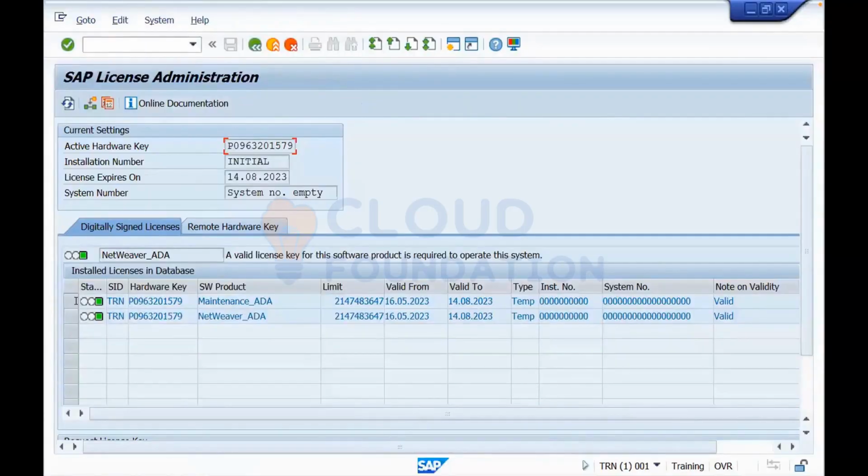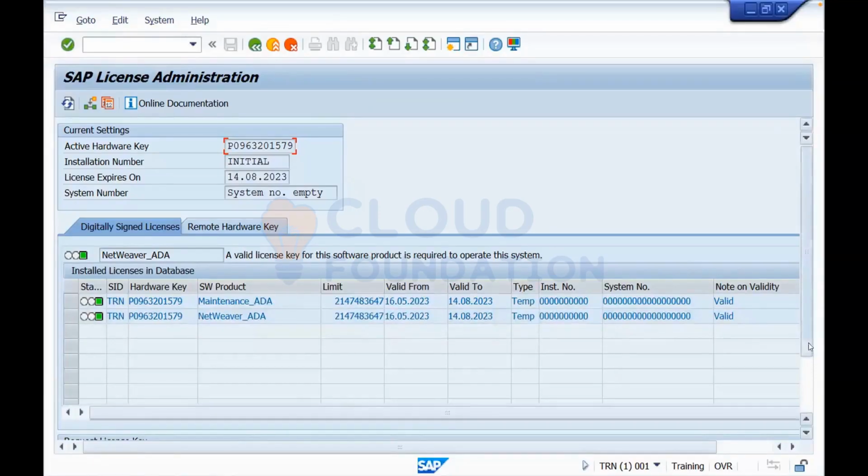You can see I installed this system last month on 16th May. It is valid for 3 months, 90 days. We also have the maintenance certificate, which is also valid for 3 months. In between, we have to apply for the license.